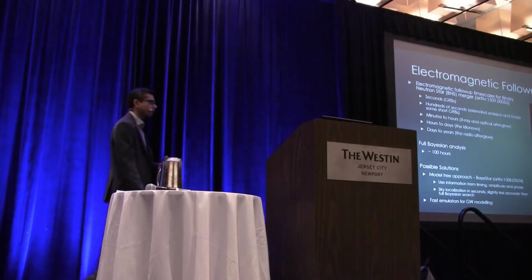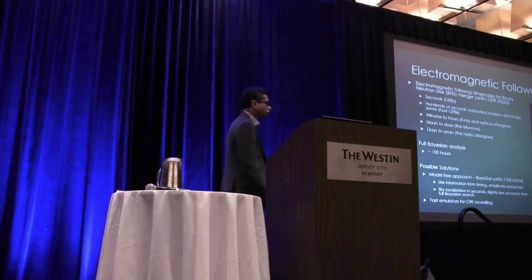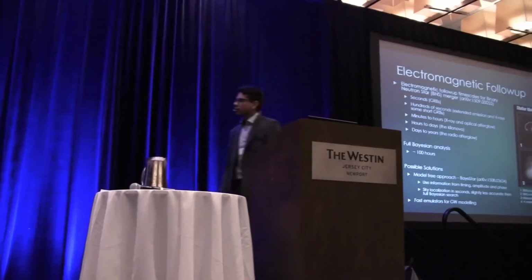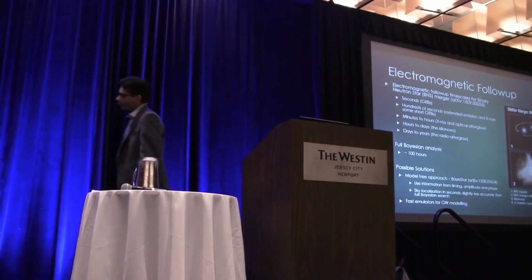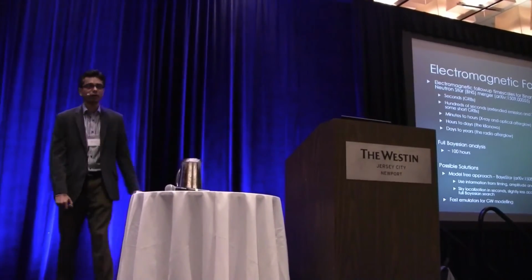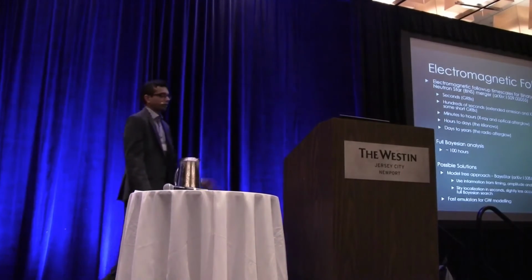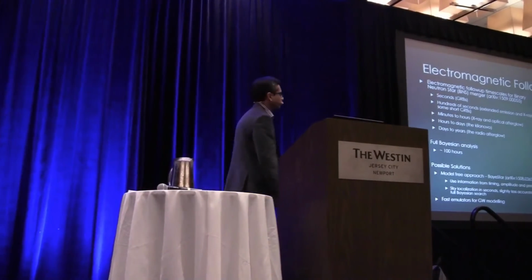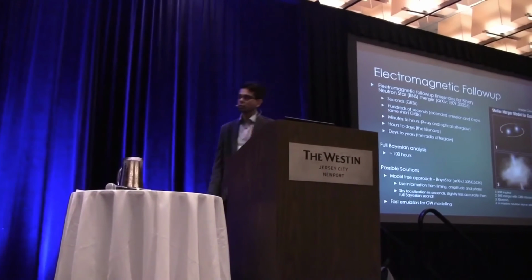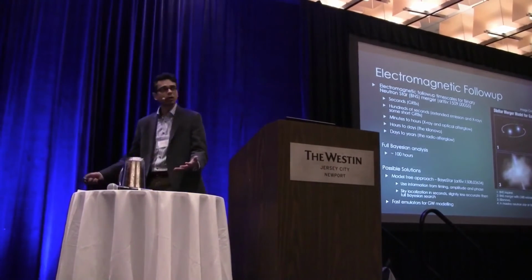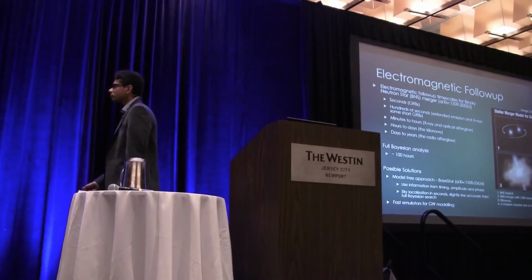The reason why Bayesian analysis is very, very slow is because they are solving Einstein's equations of relativity. And they can take a very long time. So they can take of order seconds to sometimes a minute. So even if they are taking seconds, and if you want to calculate those solutions millions of times, it all adds up. And that's why we end up with 100 hours.